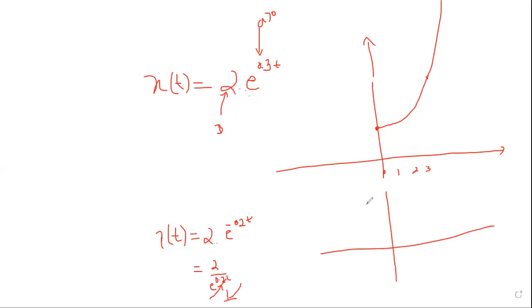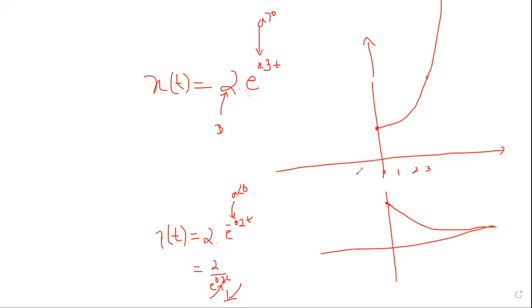We'll start with a constant 2. At 0, it is going to be 2. But then this is going to decay. It's not going to go to 0, by the way. It may go to 0 at infinity, but till then, you end up getting some number. Okay. So are we cool? So for a greater than 0, we have a growing exponential. For a less than 0, minus 0.2 being an example, what happened? It's a decaying exponential.